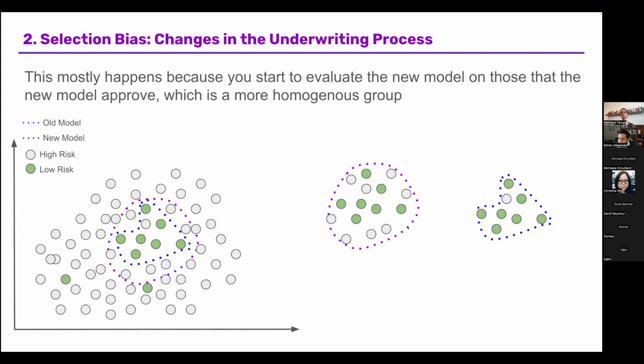So in this example, for instance, the new model, the blue one, can classify between low-risk customers and high-risk customers much better. It produces a more complicated surface, it classifies better, so it has very few customers that default and don't default. However, everything that it misclassifies now becomes the data that we have to validate on. So how we compute the AUC, we're now computing the AUC on this data set here, which essentially has only the mistakes from this model.